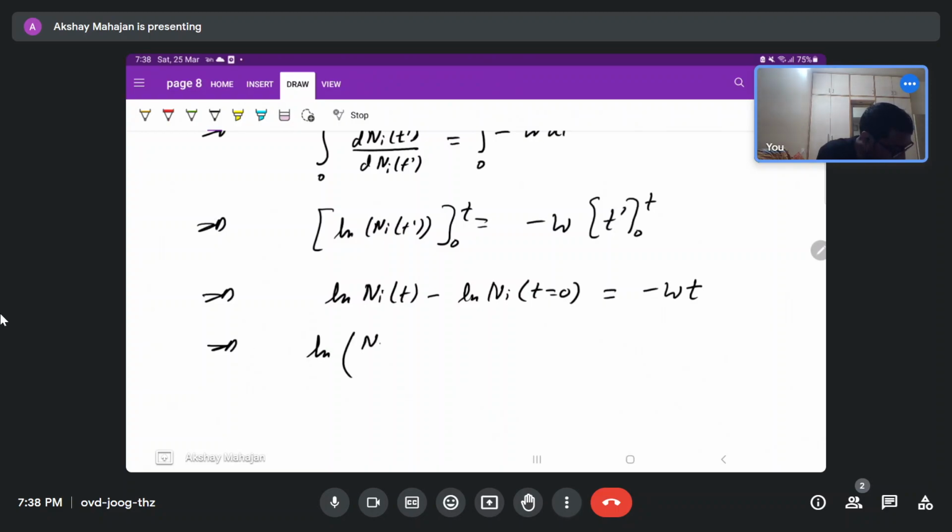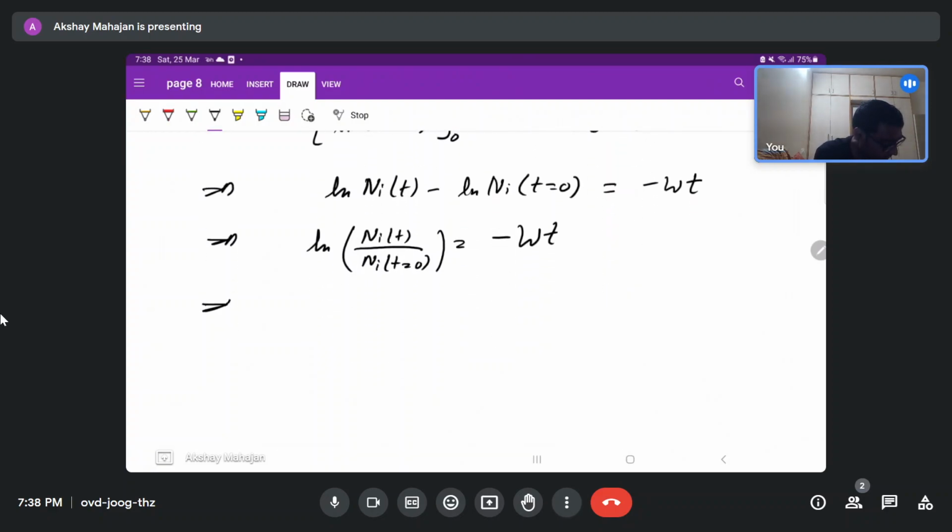This we can write as Ni(t) divided by Ni at t equals 0 equals e to the power minus W times t. Alright, so what we get is Ni(t) will be equal to Ni at t equals 0